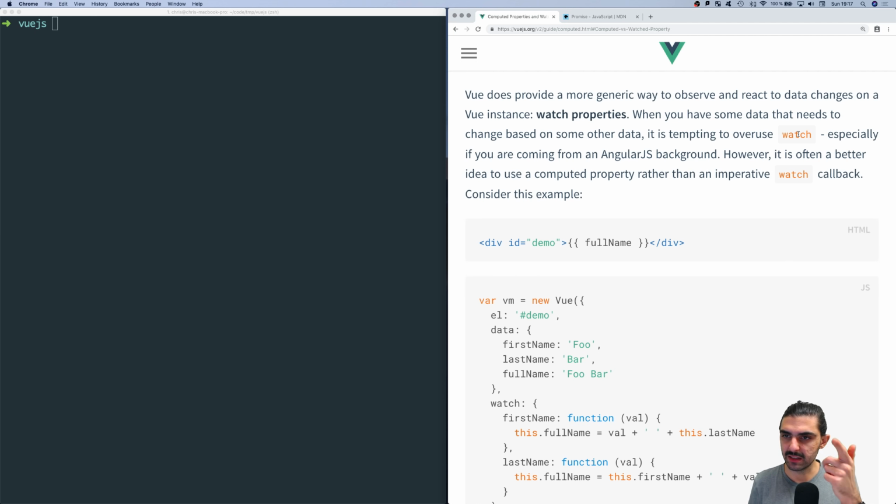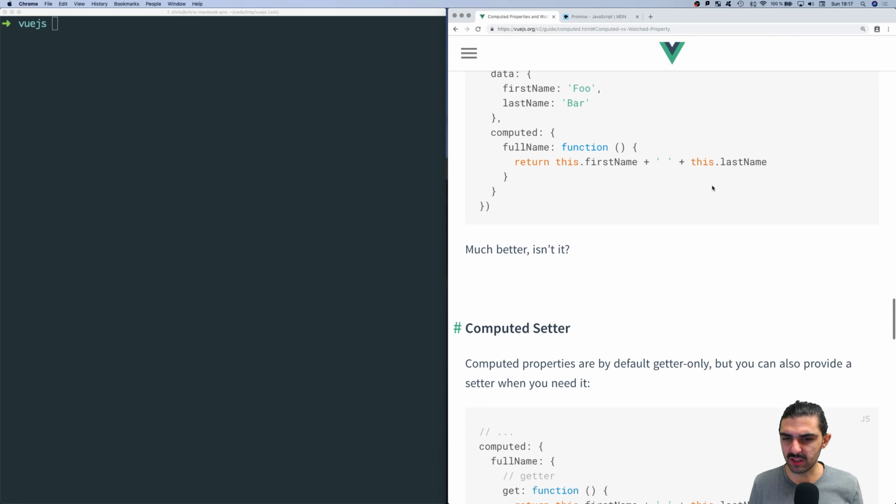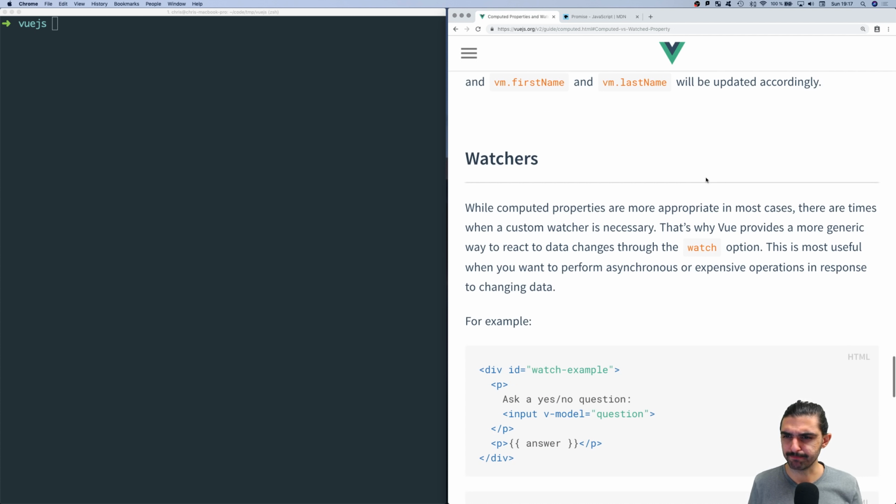Because also, this got me thinking. They mentioned asynchronous somewhere here. Yeah, if you have asynchronous or expensive operations in response to changing data. Okay, so it seems like the general rule is asynchronicity, right? But then they're also tacking on this thing about expensive operations. So they're saying that maybe sometimes you want to limit